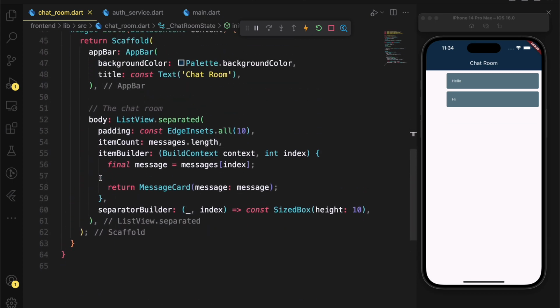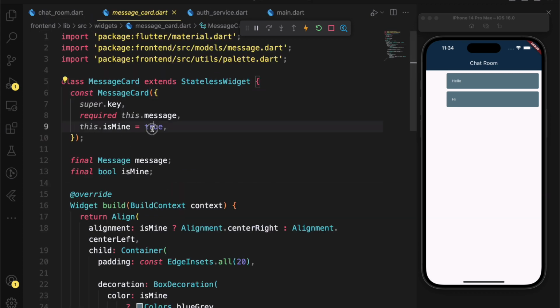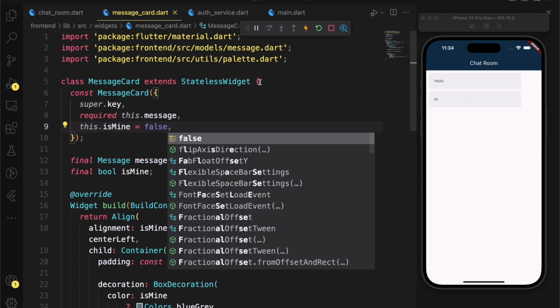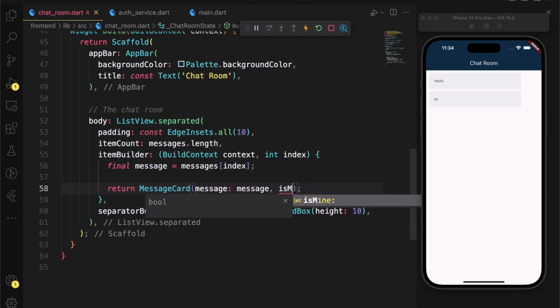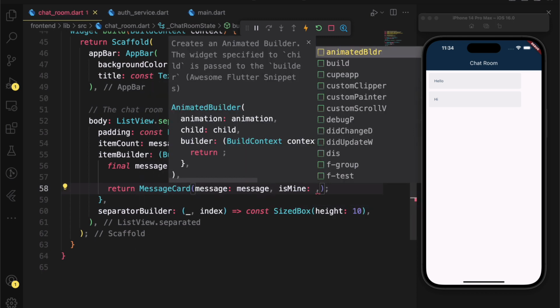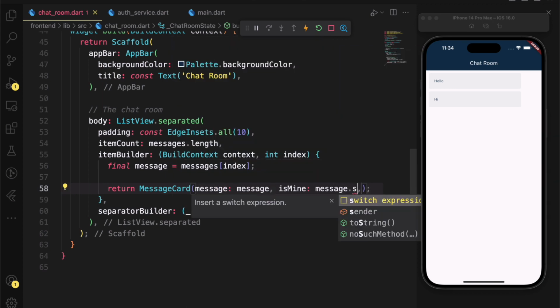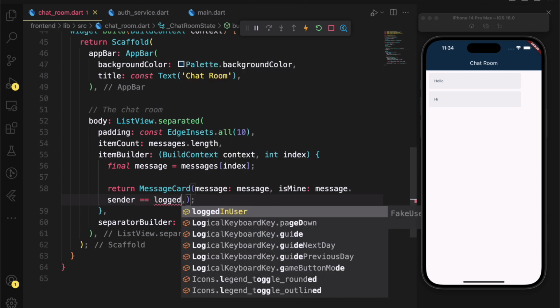We're going to use that logged in user here to modify the message card. And the message card is where we now determine if the message is mine or not. So by default it's set to false, and then is mine is now going to be logged in user or message dot sender equal to the logged in user.